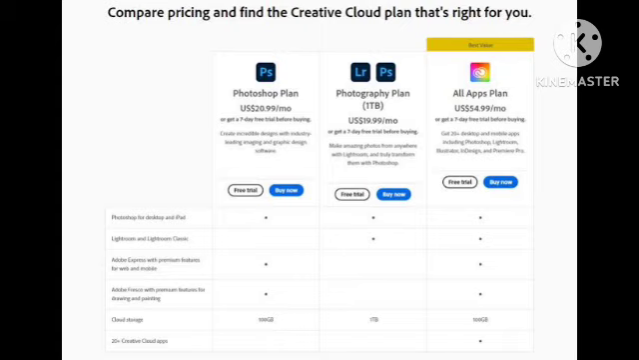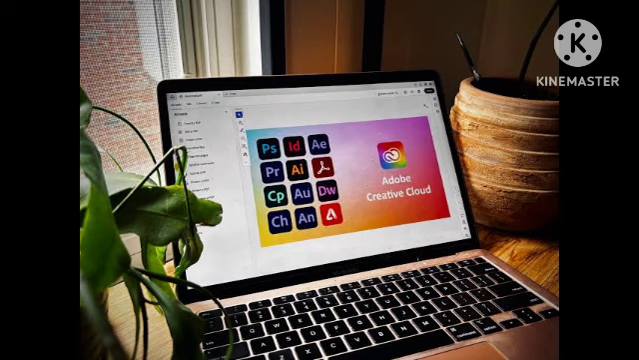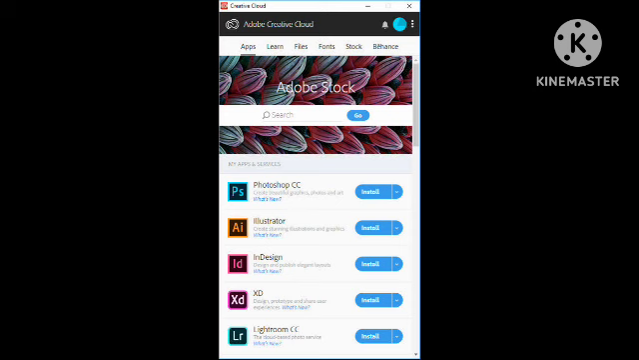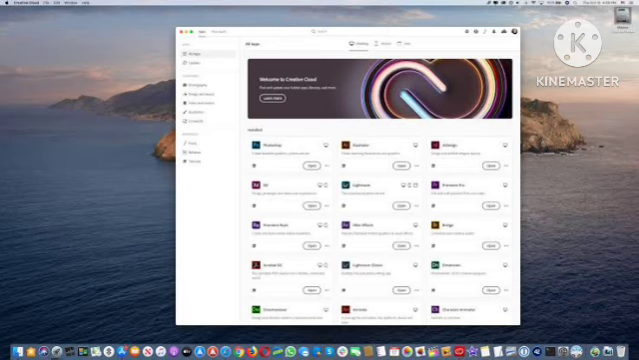Then in the Adobe Creative account, after choosing your plan, you'll need to download the Creative account app to your desktop, which manages all your Adobe applications. All your apps will be managed by the Adobe Creative account. So I'll kindly request you to download it. Then after that,